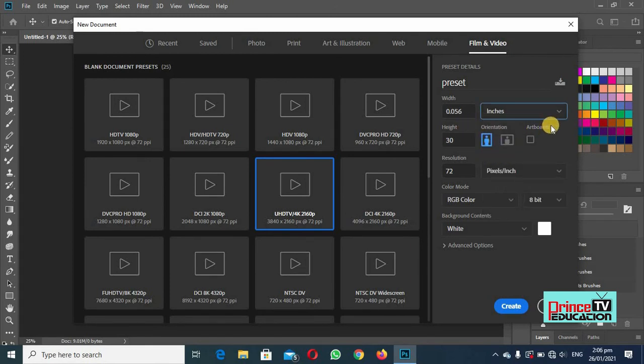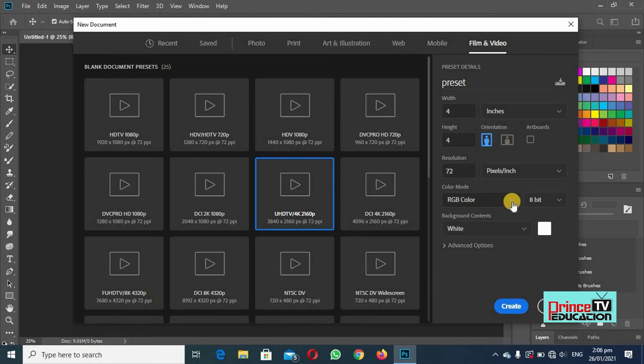Please keep in mind that pixels are used when you are designing anything for electronic media, and inches, centimeters, millimeters are used for graphics and designs for print media. So I will select inches, and I will select 4 inches for example, and its height will be 4 inches too.